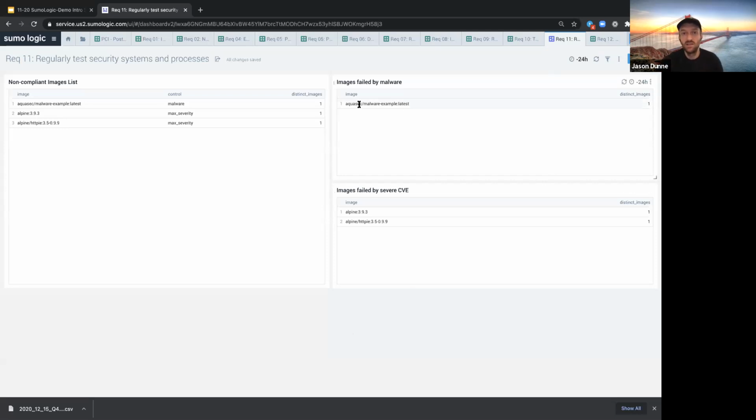The second thing you can see just by the image type here is that Aqua Security is being utilized. So it's a bit of a dependency that you would be using that service, but it's giving you more granular data about the containers themselves. In this case, we can see non-compliant images versus images failed by malware, images failed by severe CVE. That's really going to give you the ability to test all of your systems and processes to make sure they align with those PCI compliance